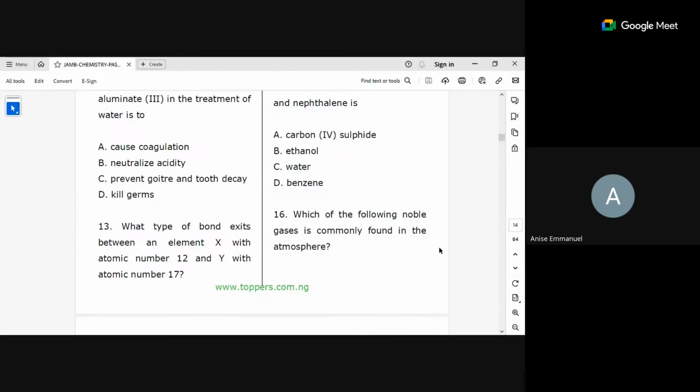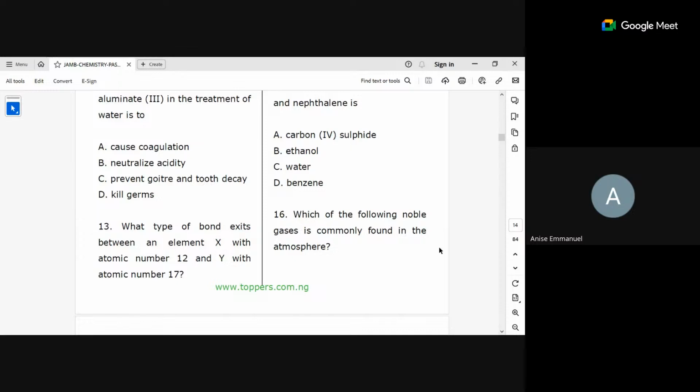When we are dealing with air, air has a mixture of different things. We have oxygen, neon, argon, nitrogen, hydrogen, and even particulate nature. We have particulate nature of matter there. We have particles and so on. But when we are talking about the noble gases, don't forget that the noble gases are group 8 elements.